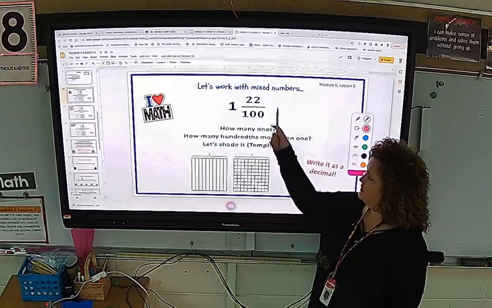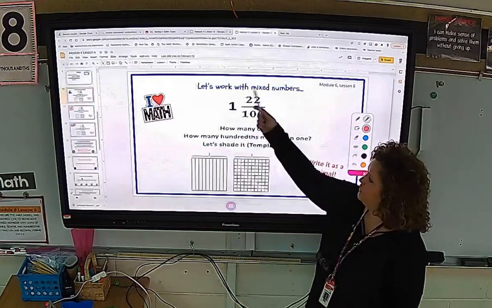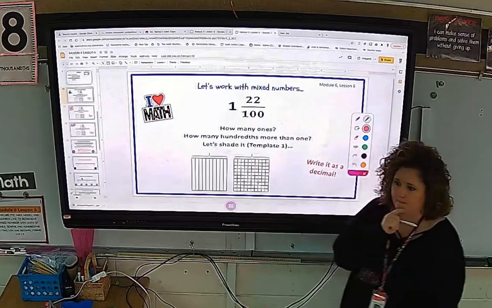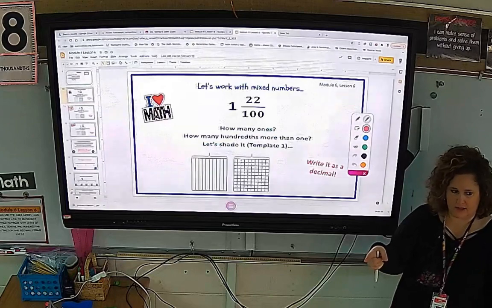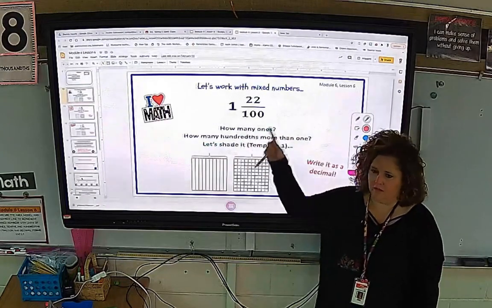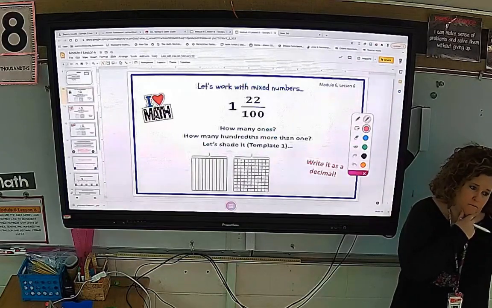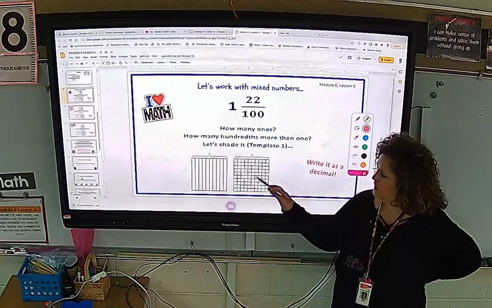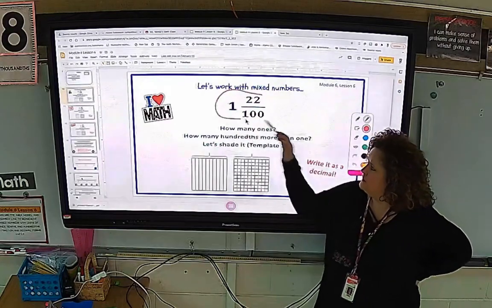Okay, so you're saying how to show this part of it, but what about this part? We've got to show this whole thing. So keep that thought in mind. We're going to come back to that in just a second. How would you show this whole thing? You've got two boxes, two area models. How would you show all of this?